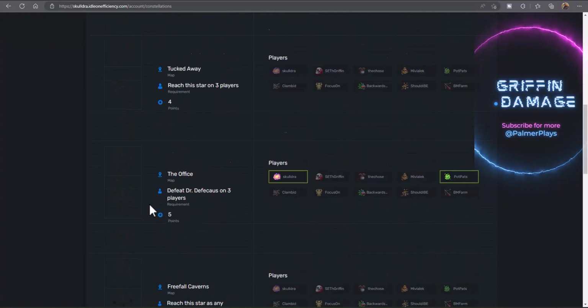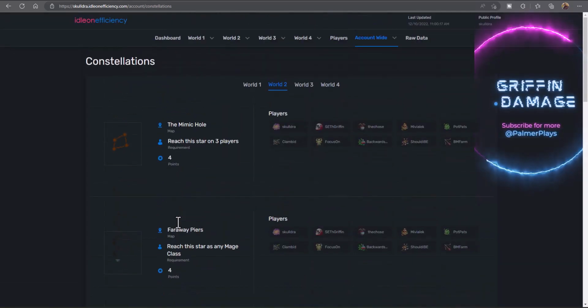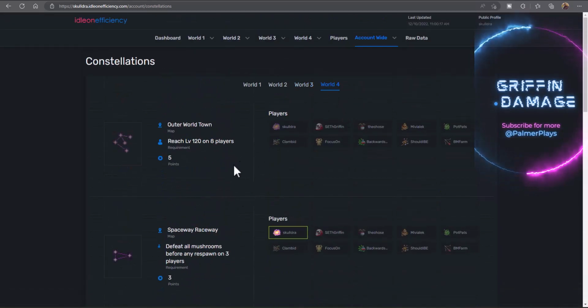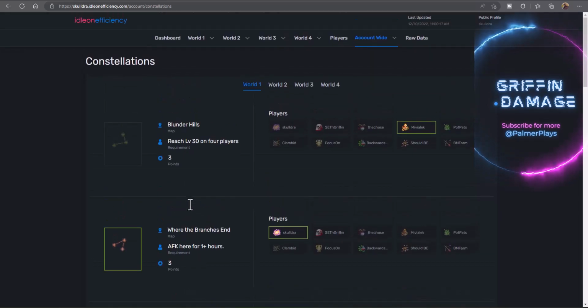But without further ado, we're going to come down here real quick. We're going to look at your star signs, and I think you know what I'm going to say just from looking at this. We have unlocked one star sign out of all the star signs in the game. So I would say today, the first thing, looking at the constellations and knocking out as many as you possibly can, because